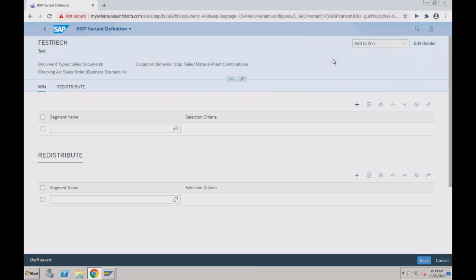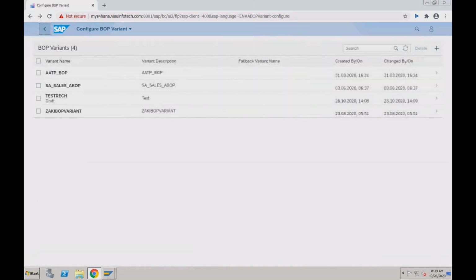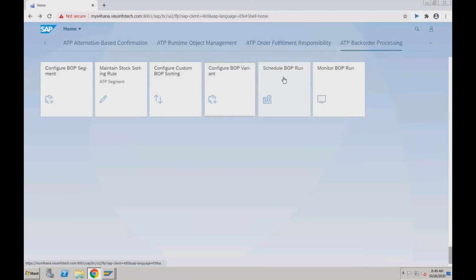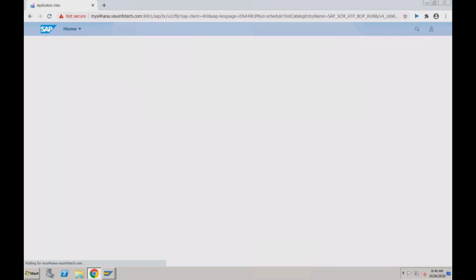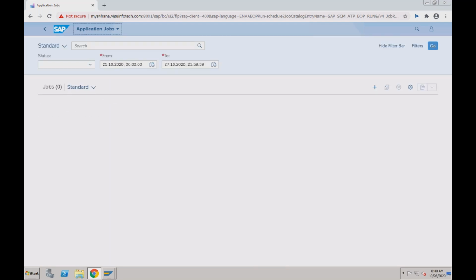Based on this, whenever I'll be executing the BOP, for executing the BOP you can use Fiori itself. Schedule the BOP run, schedule the backorder processing run. When you execute this, the system will perform the backorder processing the same way as we have seen yesterday, but yesterday it was only based on delivery priority. The only benefit of this